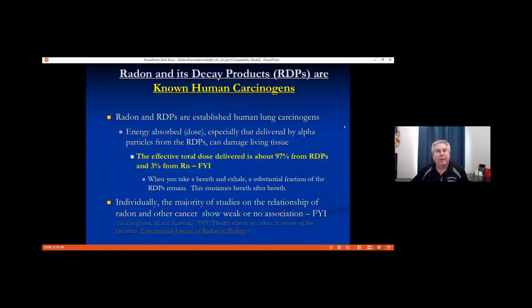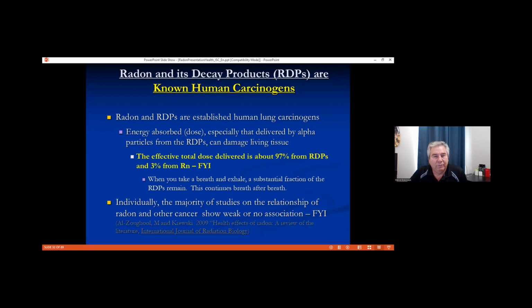So radon and radon decay products are known human carcinogens. Otherwise, they're known to cause cancer in humans. Here we mentioned that the effective total dose delivered is about 97% from the RDPs and about 3% from radon. So in other words, the big risk of getting lung cancer comes from the radon decay products, the RDPs, rather